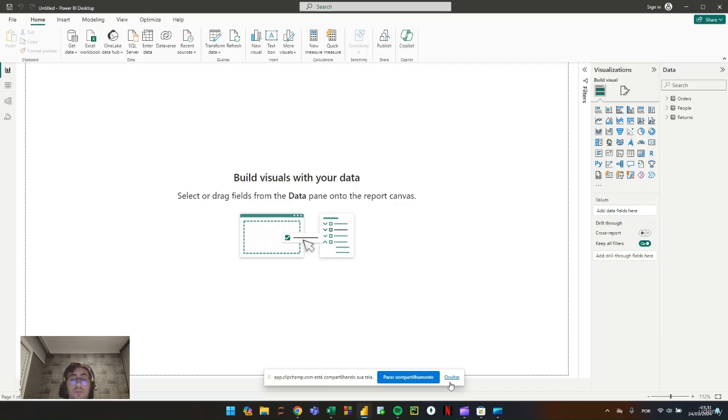So, what we are going to do today is to learn a little bit about the interface and see everything that we can do with this amazing tool. So, let's start. I hope you all have your Power BI Desktop opened with me and we can try things